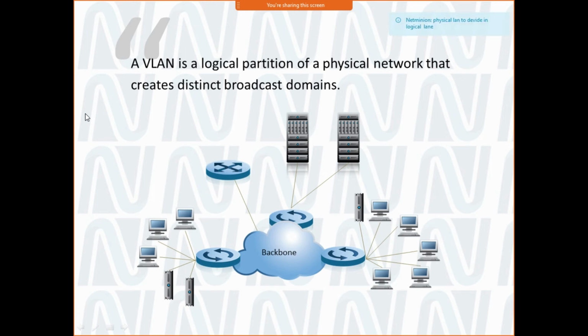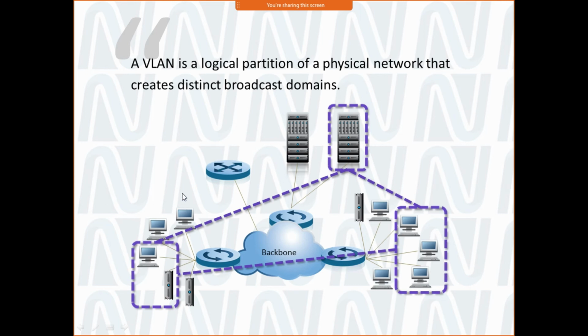Maybe you have VLAN 10 and VLAN 20. VLAN 10 can be for your database server, VLAN 20 for your application server, or for other applications. You can use different VLANs, and that all depends on you. Maybe I will tell you about that later on. So this is one VLAN, and another VLAN will not be able to communicate directly with it, but a layer 3 device or routing should be there to do that.